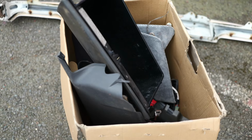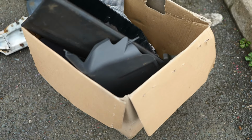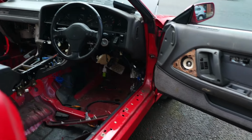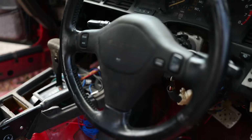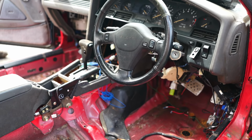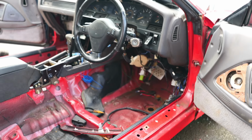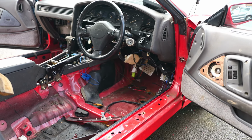I thought that I would go through this box of stuff. This is a box that I most recently got from Tim, and you can see there's lots of little trims and things in there. But most importantly, it included the steering wheel, which has, as you can see, the cruise control buttons. Cruise control in '89. I don't think I'm ever going to stop saying that. Cruise control, air conditioning in '89. It's just so crazy that this car is...